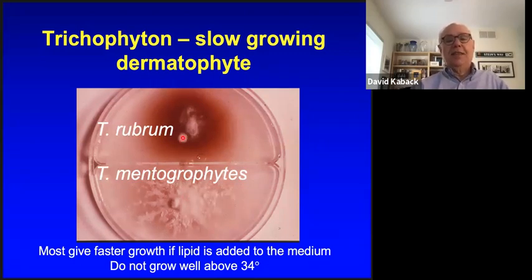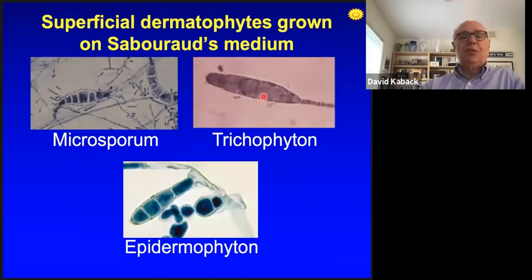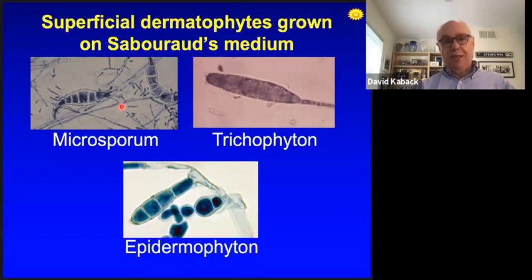Okay, and they're slow growing. What these guys also have in common is they produce macroconidia, or big spores that look very similar. These are all called arthrospores, shown here. But these are the three genera that cause these syndromes. Interestingly, when you're looking at KOH-treated infected skin, you rarely see these arthrospores. You only see them when you're culturing them.